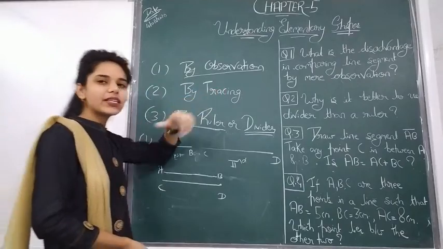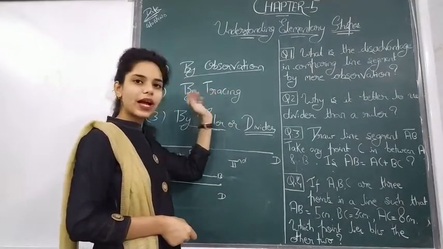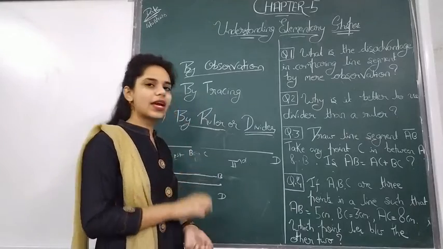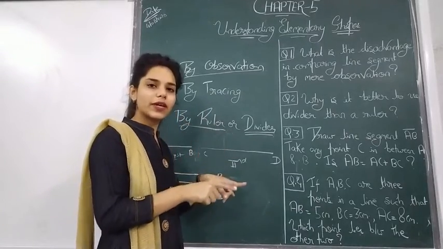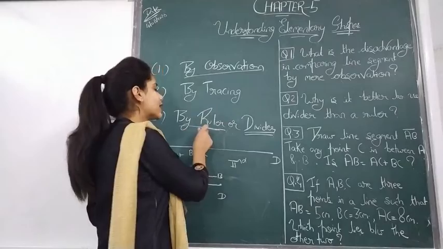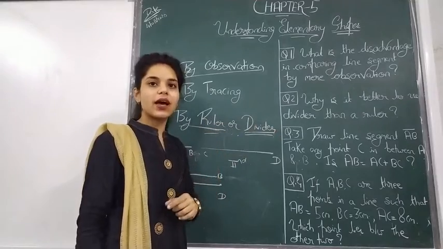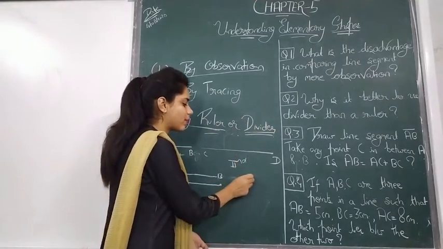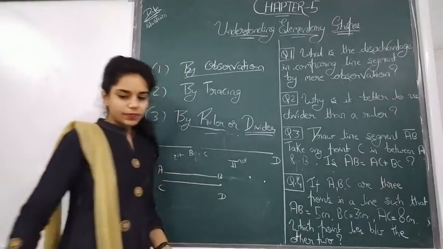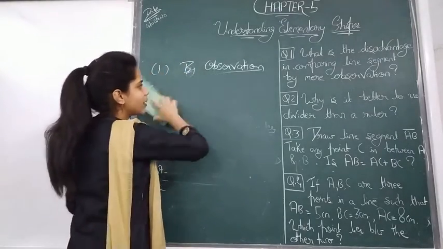And by tracing, it is not always possible for us to trace another line and compare them. So in this also we can't find an accurate result, and it is not possible for us each time to draw another line, put that line over it and measure them. Understood? So the ruler and divider are the most convenient way, and the divider gives us an accurate result because it has sharp points. Now we have studied these things for measurement. These are used for measurement of a line segment.